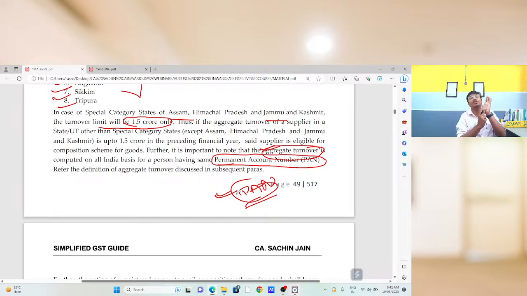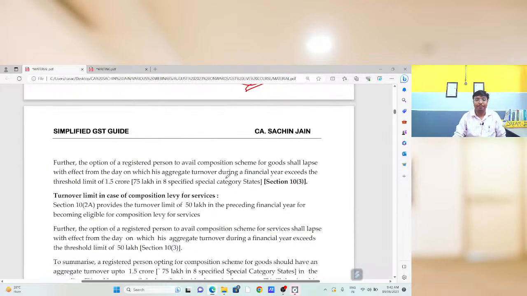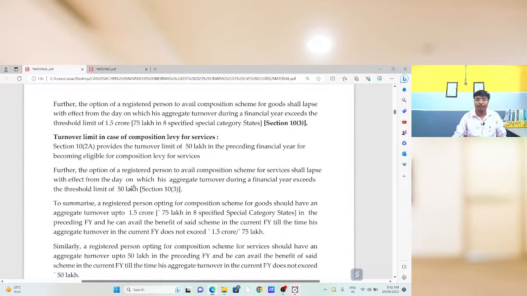If you are going to take the registration for one GSTN as a composition, you need to take the balance for composition. If you are going to take the registration for one GSTN as a regular, in that case you need to take the registration as a regular for balance GSTN. That is the concept. Okay. Now,